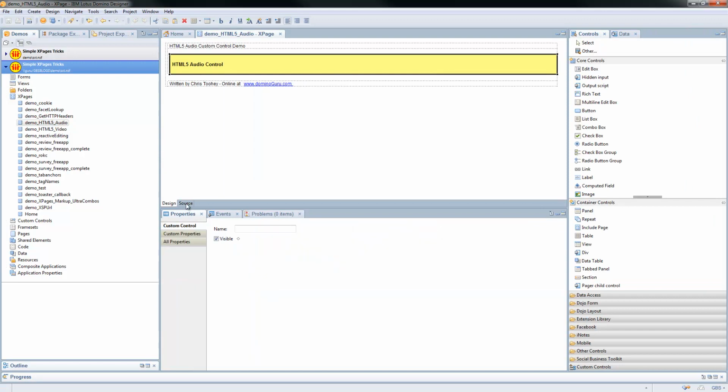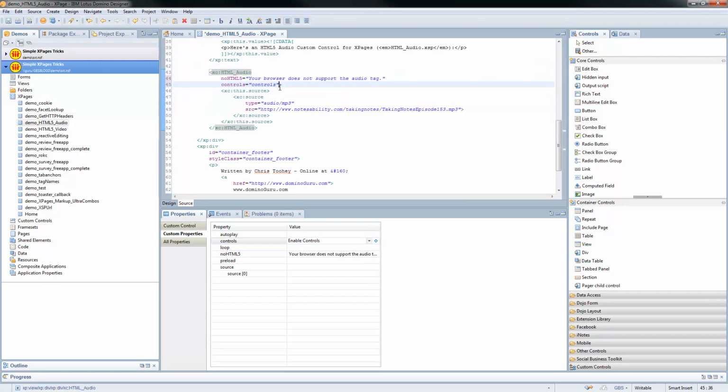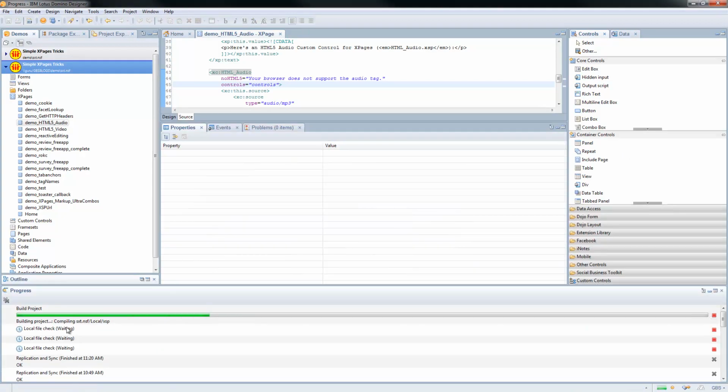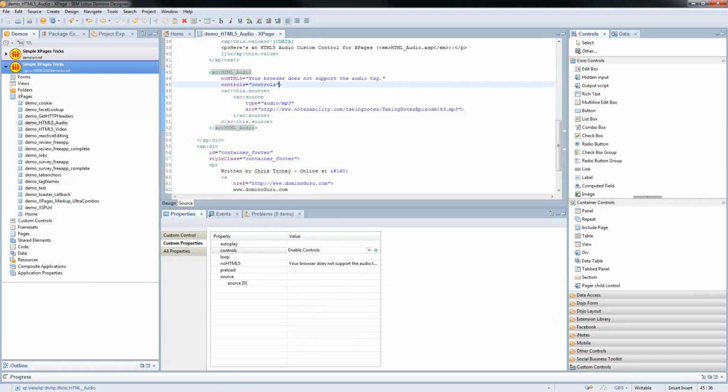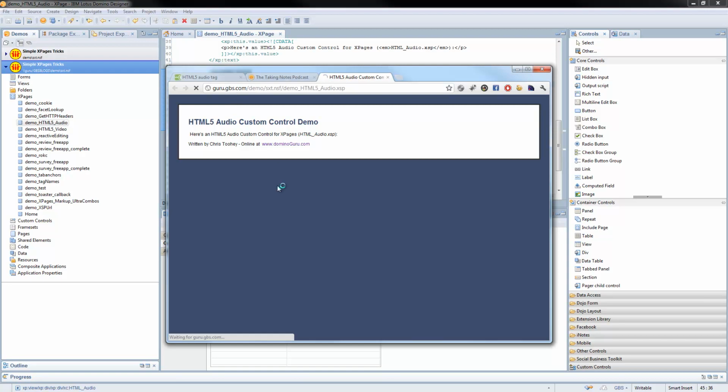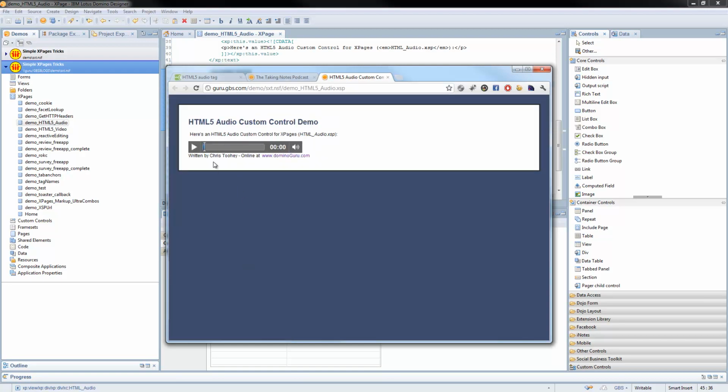So let's go into our control. Let's set controls. We're going to enable the controls. And again, this just updates, throws the controls in there. Let me save. Run a clean and build just to make sure that I don't have to pause this again. There we go. Bring this back up, refresh. And we've got our player. Now, hopefully you can hear this, so you can see it's actually